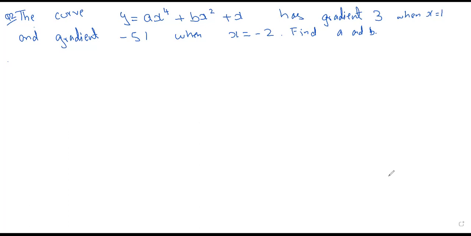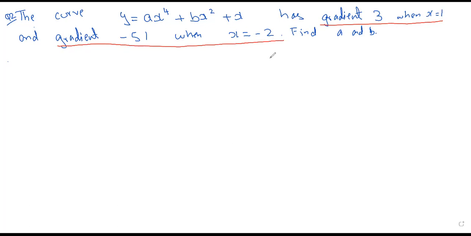Now I think this much of the understanding is enough about the question. Let's not make the diagram and try understanding the example every time. Now we should get good enough and try solving the example directly, right? So the thing is that again we have two pieces of information. So we have that the gradient is 3 when x is 1 and the gradient is minus 51 when x